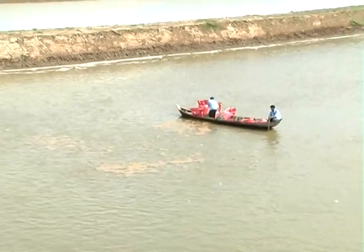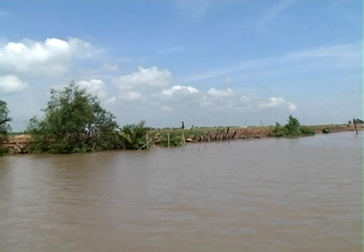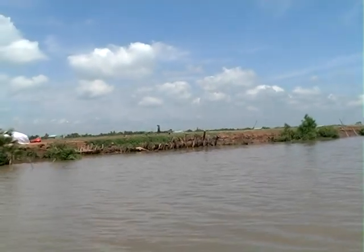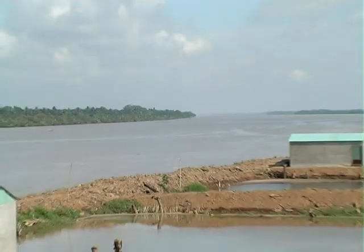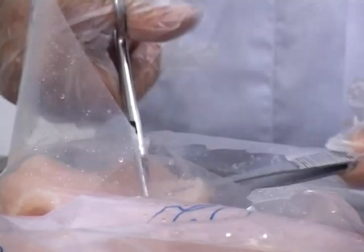Fish which reach the fixed weight will be harvested. 24 hours before being harvested, we stop feeding the fish to ensure hygiene for processing. Technicians will then test the quality of fish meat. In addition, the company carries out a test on